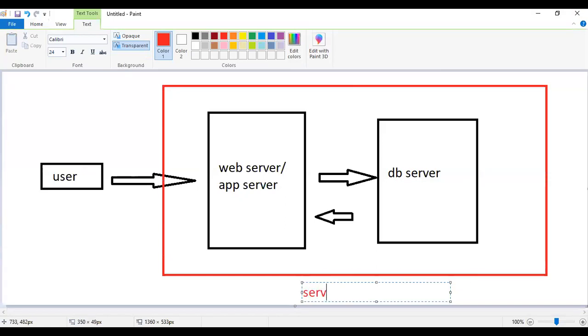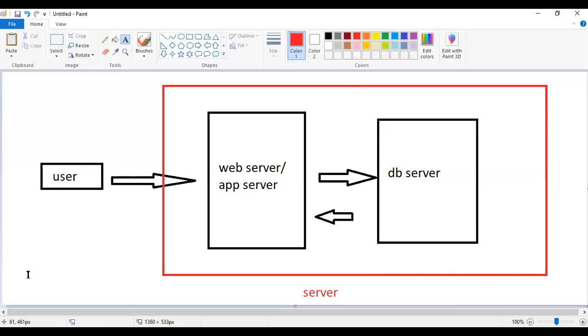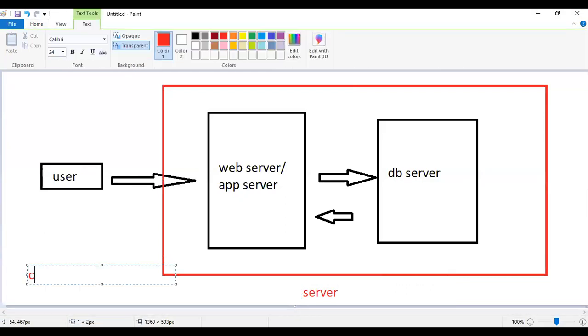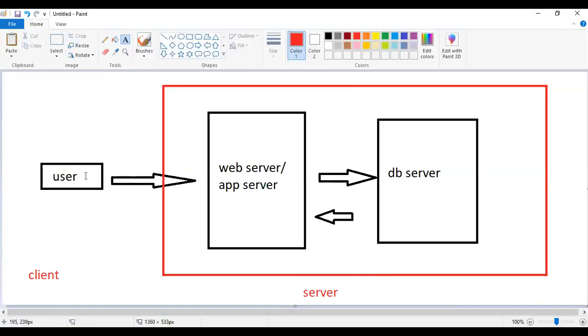This thing we'll call a server, and this person, this user, we'll call the client. Whenever the user wants to access some information, he will send a request, right? Due to this client-server concept, the internet has become very popular nowadays, and we can access resources from anywhere in the world. Otherwise, with a normal traditional system, that means